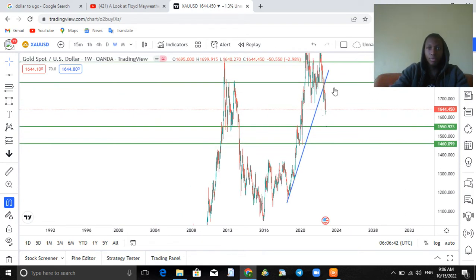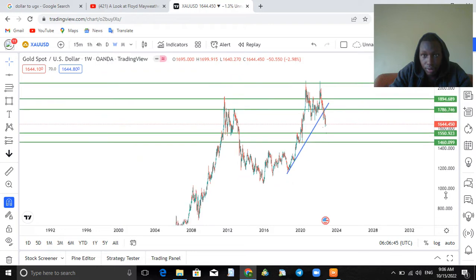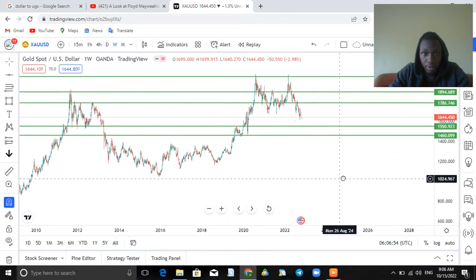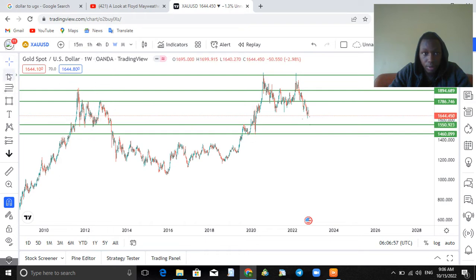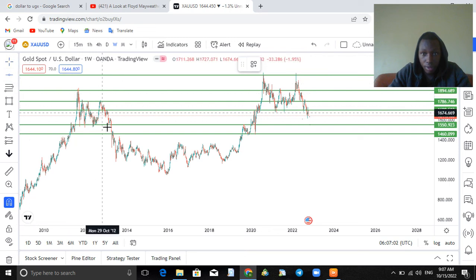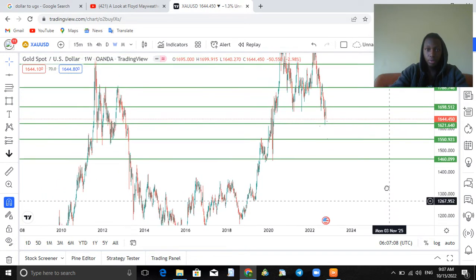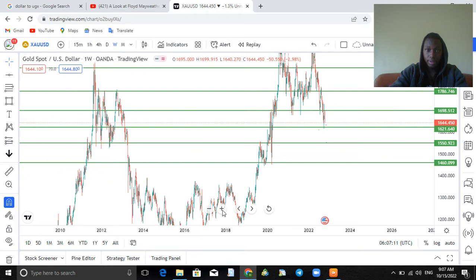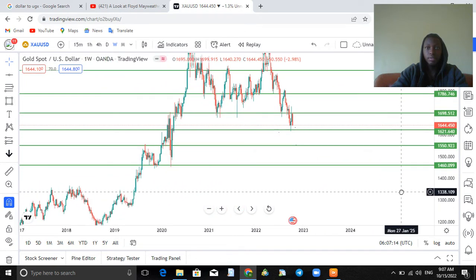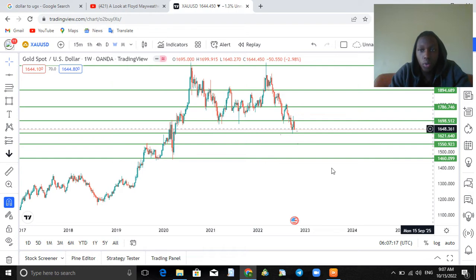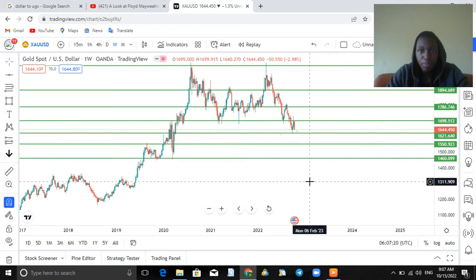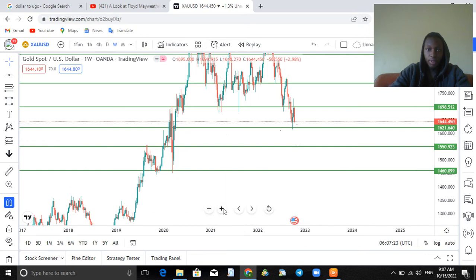Okay, now I'm going to first delete all this stuff. Okay, for gold, this is another level, and this is another level. So now I've already spotted out my major market key levels. These major market key levels, like I told you before, help us to see the turning points of the forex market. Now if you try to zoom out before we scroll on to the lower time frame,